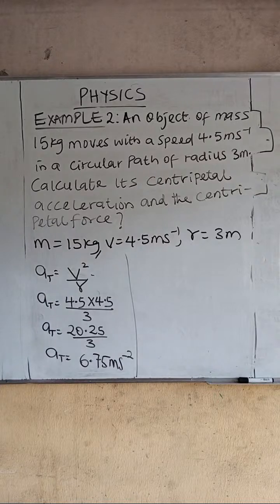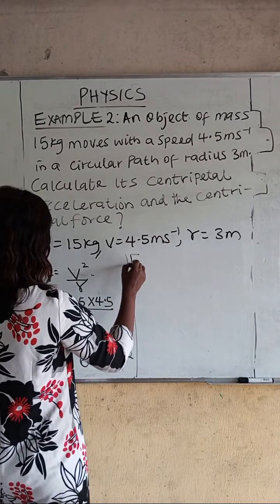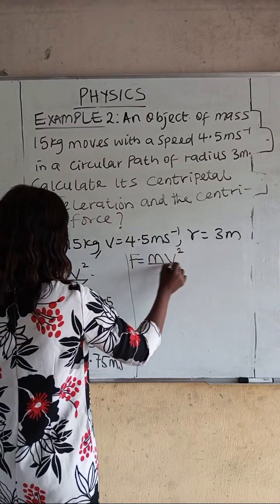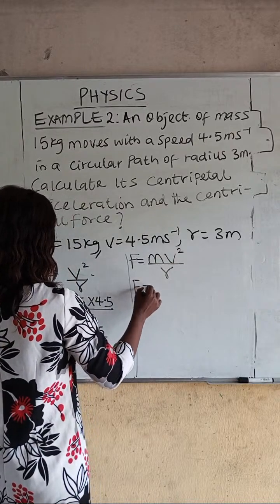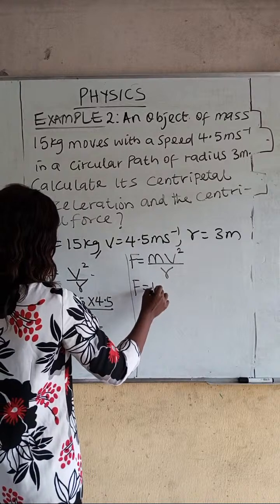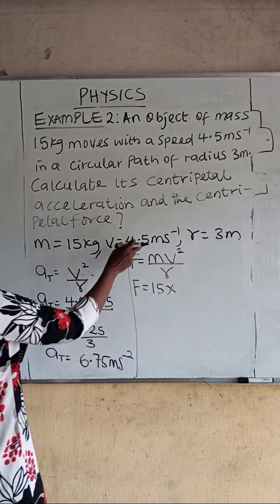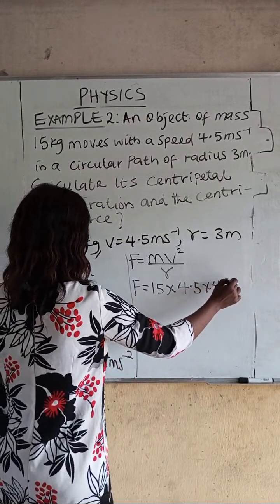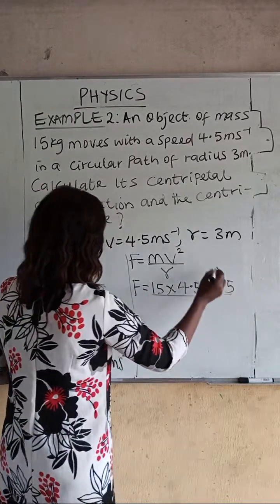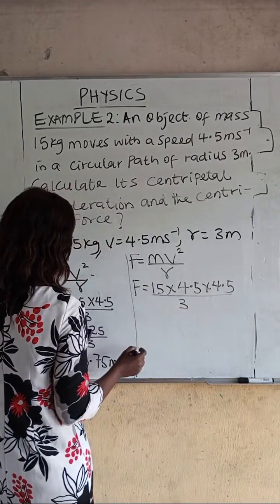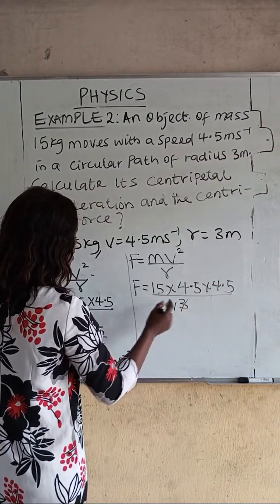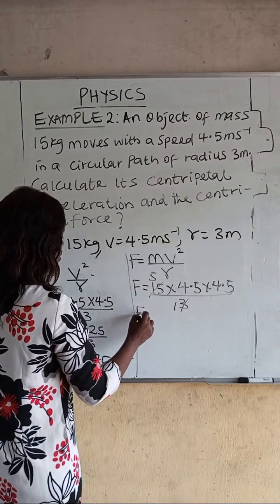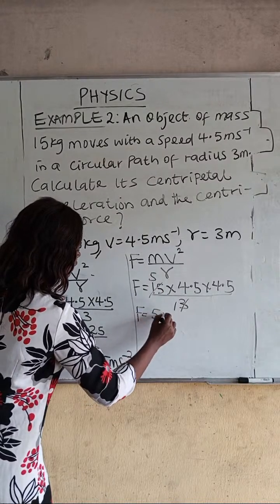Now let us solve for centripetal force by saying F is equals to mv squared over r. F is equals to, what's my mass? My mass is 15, multiplied by the velocity, 4.5 times 4.5, and divided by 3. Now this 3 can cancel itself to be 1. It will cancel 15 to give us 5. So what we need to do now is to say 5 times 4.5